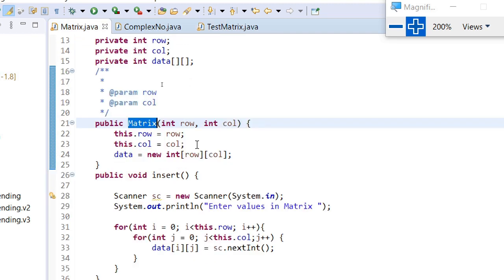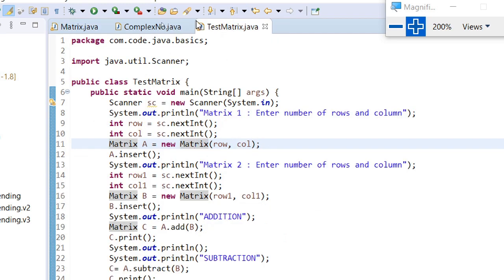And if you see this structure here, it initializes the rows and the columns and the data. Here all the values in data are, because it's an integer, the default value of the integer, 0. So when I call this code, after that all the values inside the data are 0.